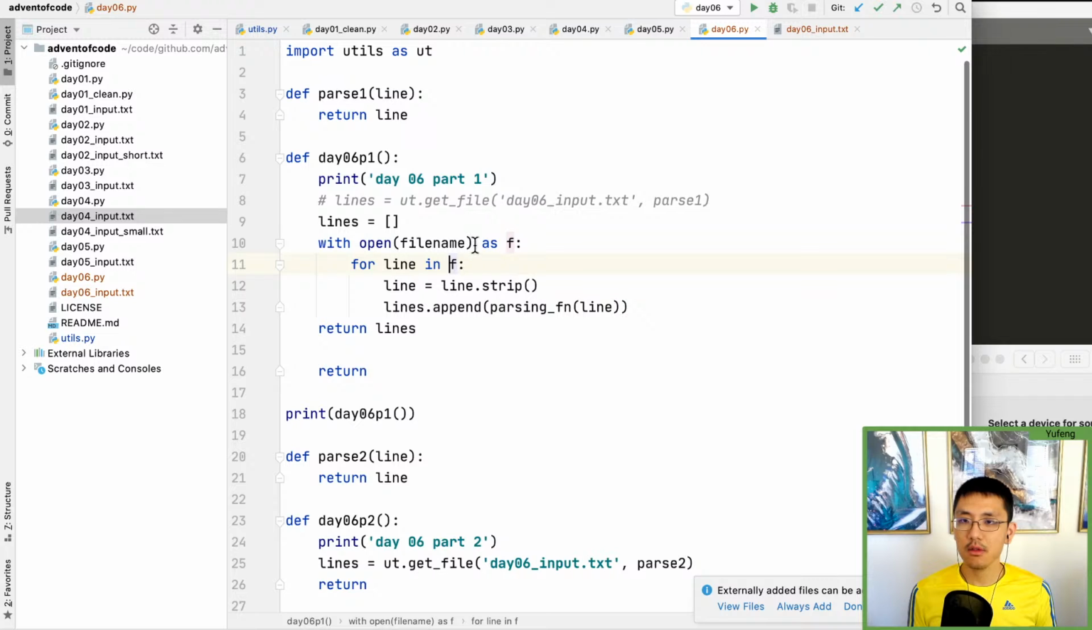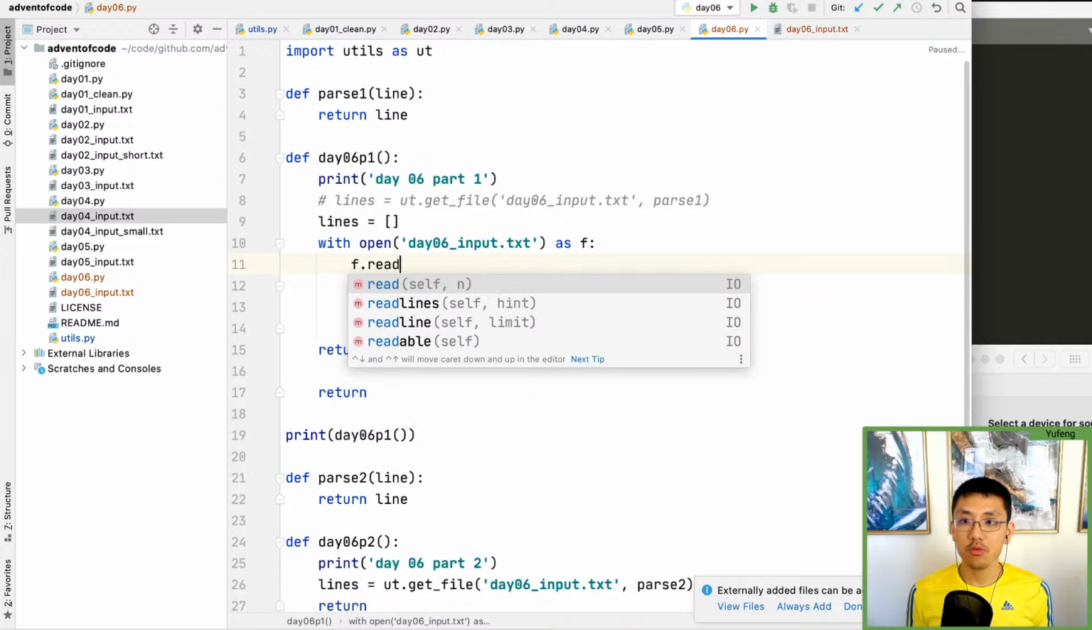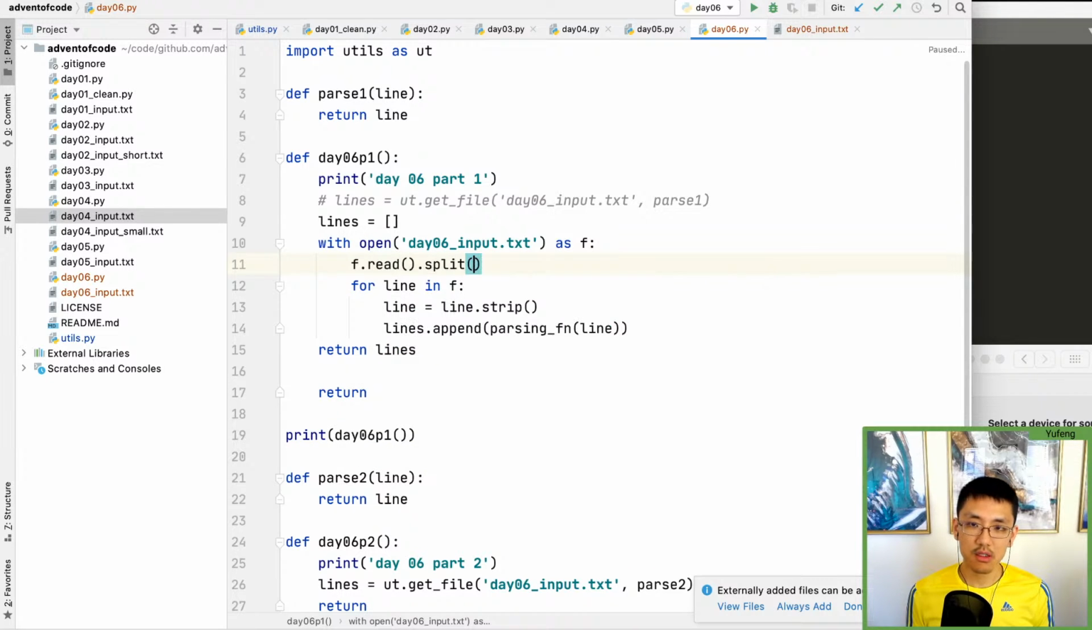Open the file. Oh, file name. We gotta get this fixed. Okay, there we go. And for line, we're not going to do for line anymore. We can just do f dot, not read lines, read dot split line. Oh no, it's dot split on new line, and